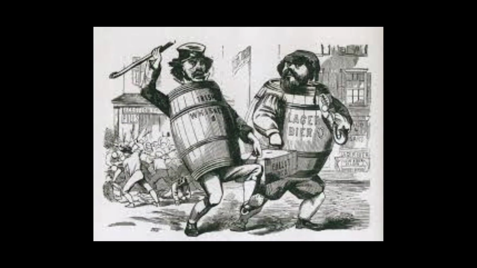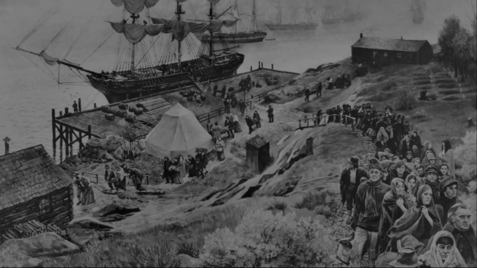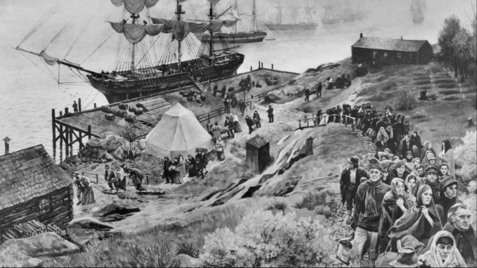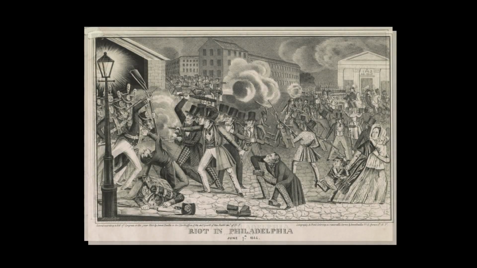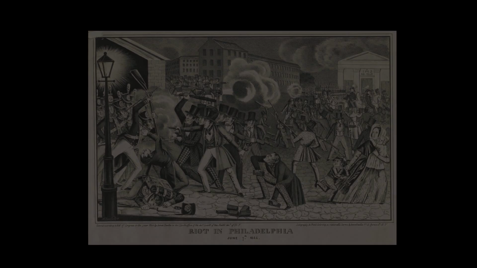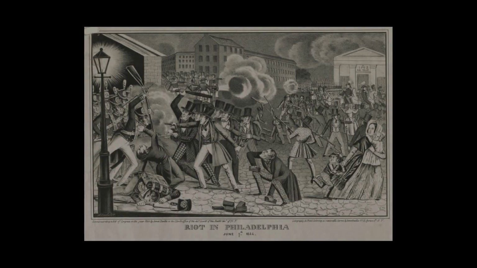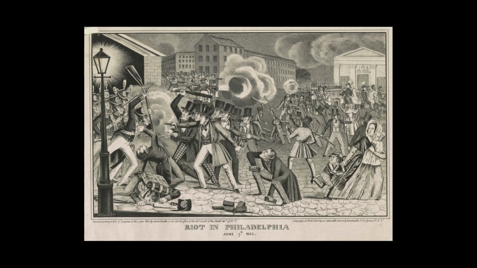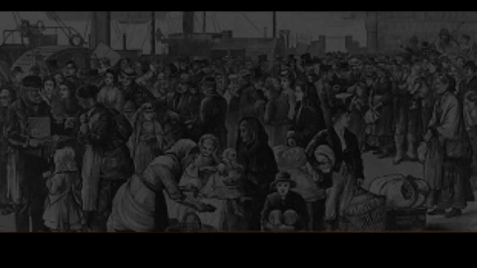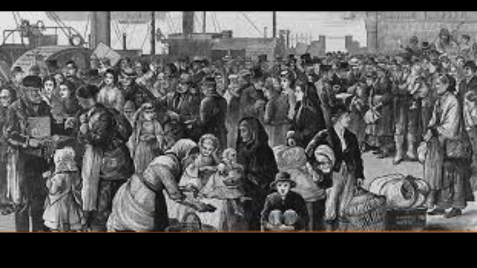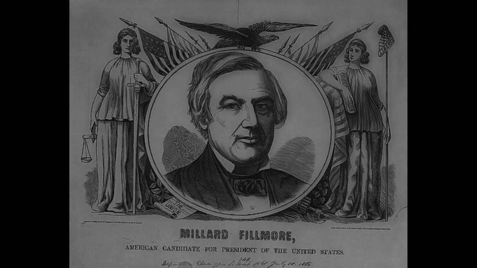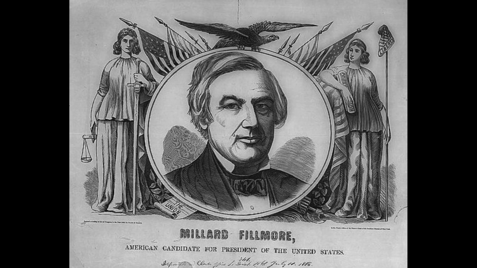The Nativist Party was a deficit to the Irish people. They were founded in 1844, just in time for the Great Potato Famine and 1.5 million Irish immigrants. The party hated all immigrants, and specifically Catholics, which the Irish immigrants were 90% Catholic. So the Nativists did not like the Irish above all other groups, and helped spread a nationwide hate of Irish immigrants, and helped keep them out of politics and in the lower class. Thankfully, the Nativists, also known as the Know-Nothings in the American Party, dissolved in 1860.